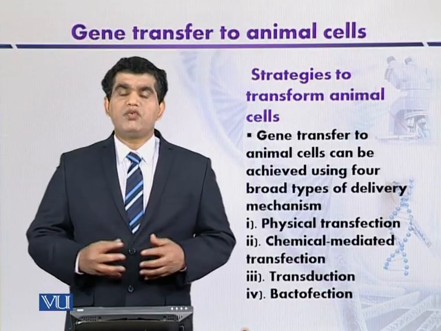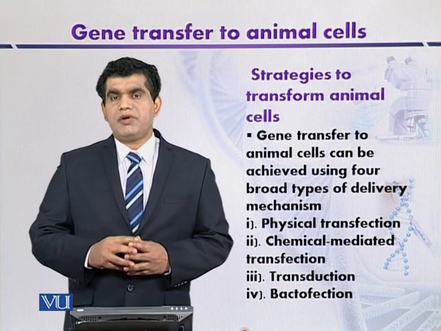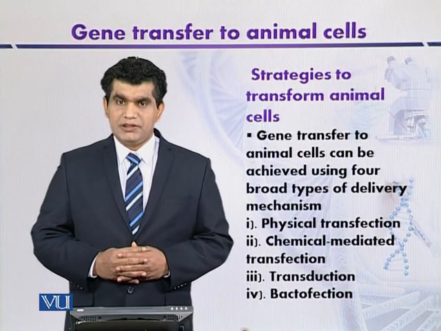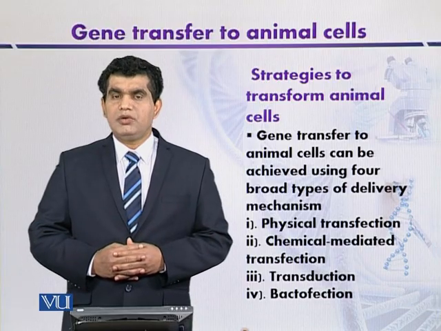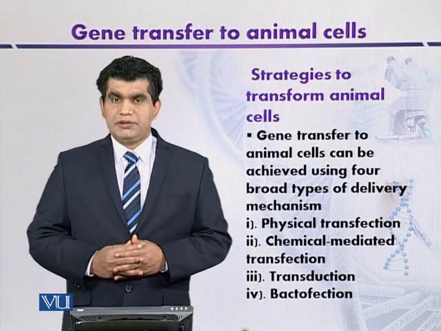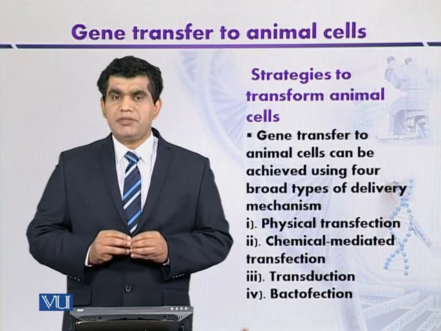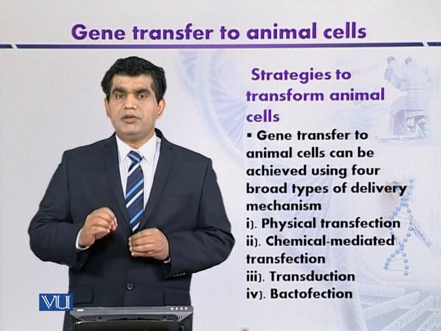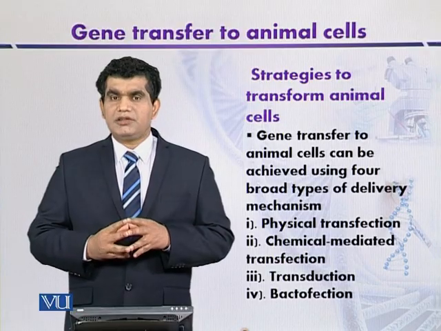Strategies to transform animal cells. So basically, four types of methods have been used to transform animal cells. And broadly, they can be categorized into biological methods or non-biological methods. Non-biological methods include physical transformation and chemical mediated transformation, and biological mediated transformation can be discussed under headings like